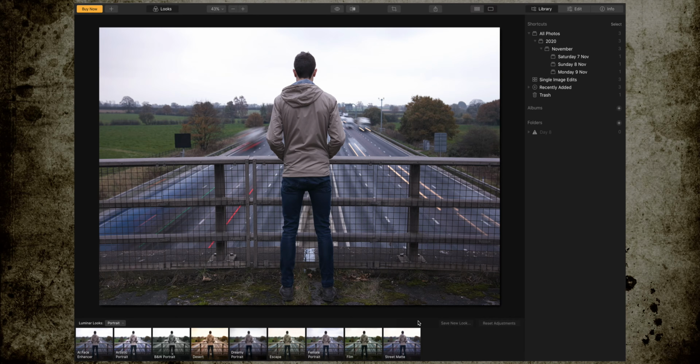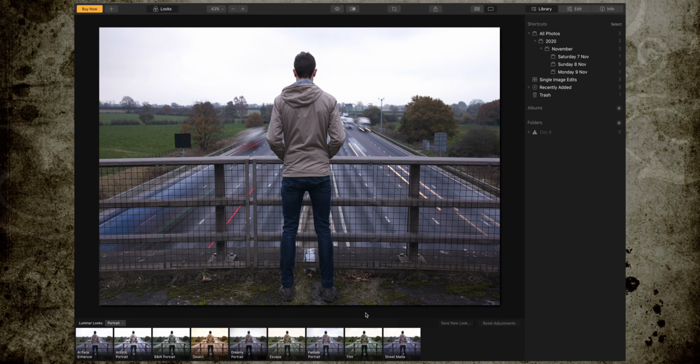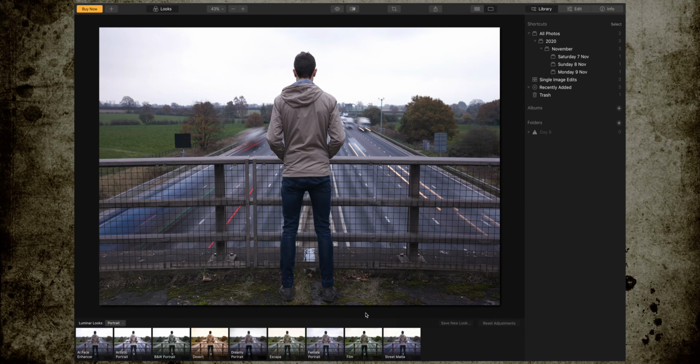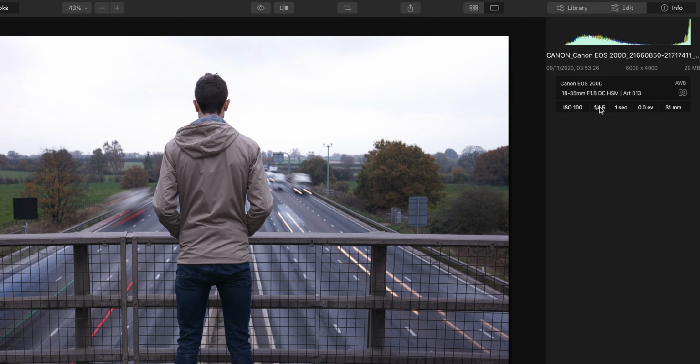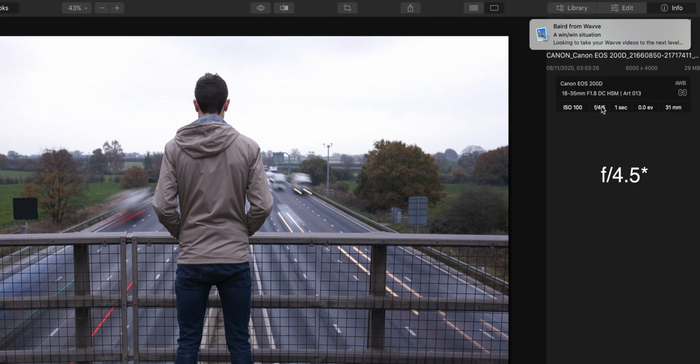So I'm going to record my screen on my MacBook here, and you can see here that I have a picture that I took the other day as part of my 30-day photography challenge, and this is me standing on a motorway bridge looking out over the traffic, and I took it at a 1 second shutter speed. Let's just actually have a look at the info on it. Yes, so it was a 1 second shutter speed at 31mm on my lens. I used the Sigma 18 to 35mm lens, an ISO of 100 and an aperture of f/4, and you can